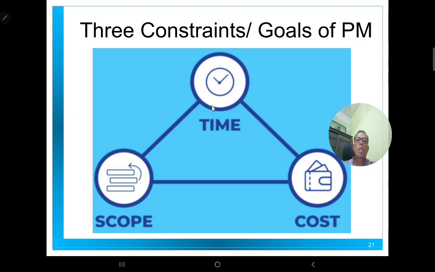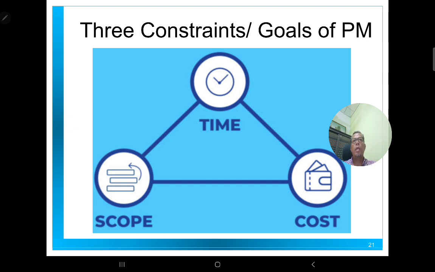And of course, the resources in terms of human resources and facilities all need financial support. So it will incur cost. So it is your responsibility to discuss the accepted cost that is needed for this project. So these three constraints need to be triangulated to look into each one of them, whether it is acceptable.